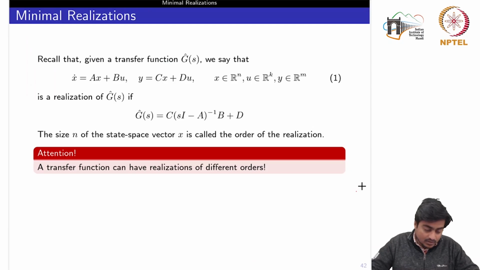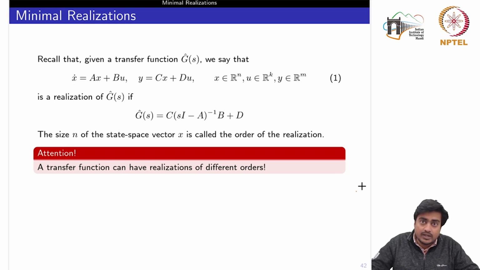So now we'll discuss the concept of minimal realization. If you recall, the concept of realization started in week 1, where we gave one important result: any representation ABCD is realizable if and only if the transfer function is a proper rational function. Okay, so now after introducing the concepts of controllability and observability, we can define the minimal realization, because